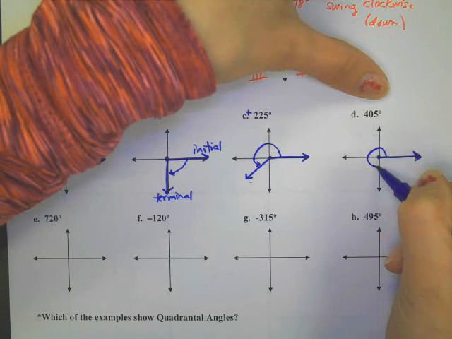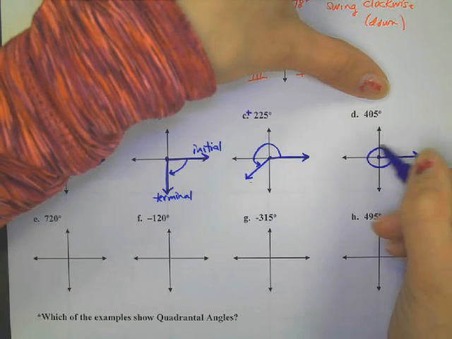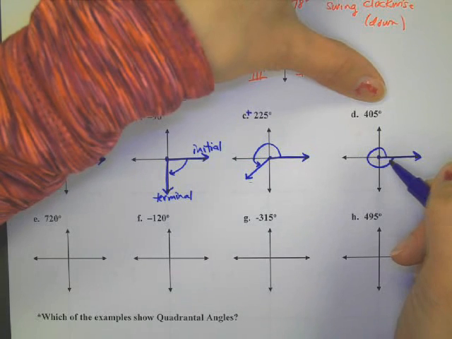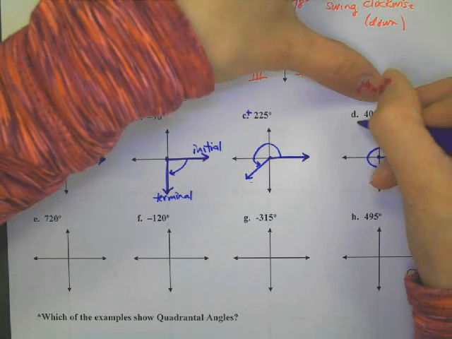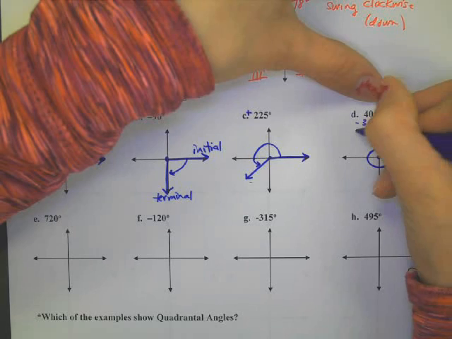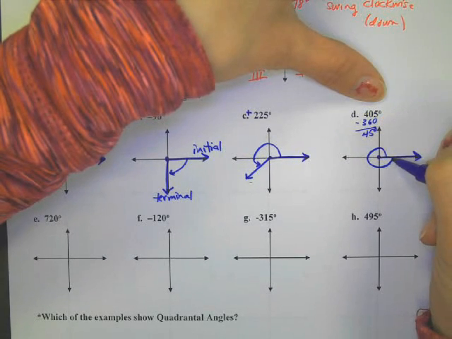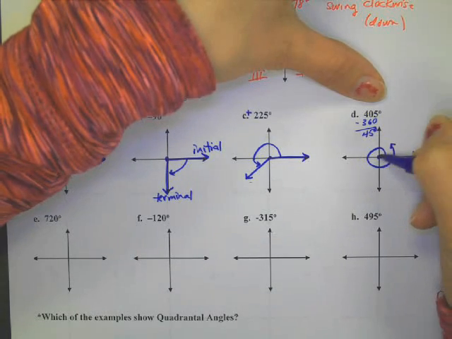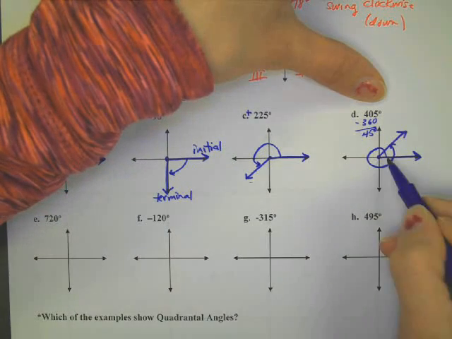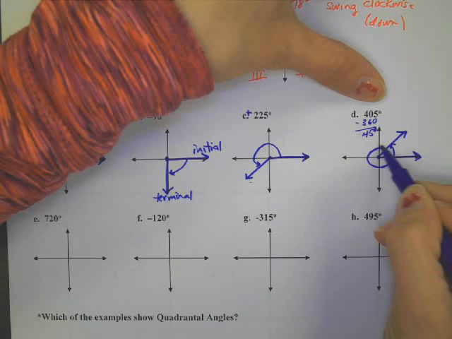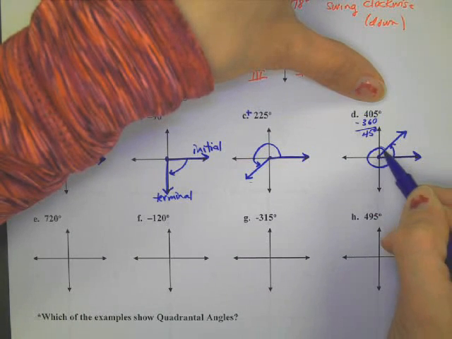90, 180, 270, 360. Wow, I got to go more than 360. So I have to go in, 405. If I take away 360, I still have to go another 45 degrees. 45 degrees puts me right here in the middle of quadrant 1. So the way that you indicate that you had to swing all the way around and some more is with